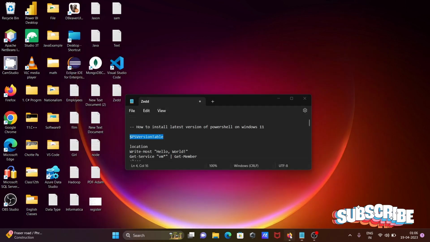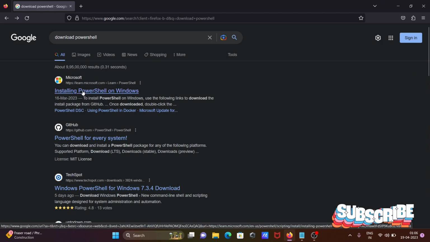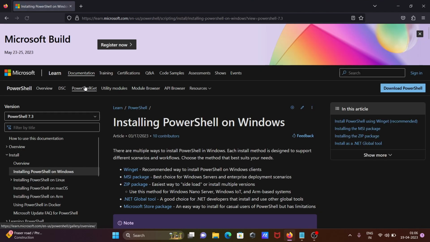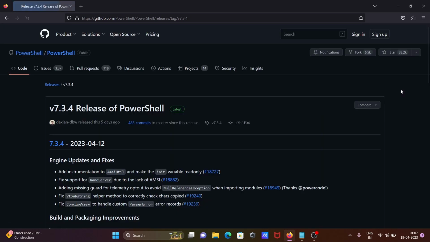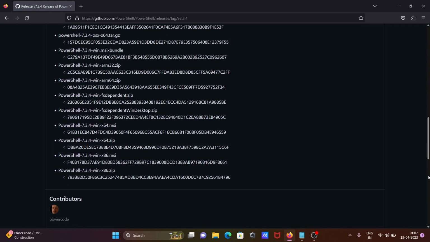For this, in the Google search box, write download PowerShell. Then you can get the Microsoft site. You need to click there. After that, click on download PowerShell. When you click on download PowerShell, our GitHub site opens, and in this place you can see